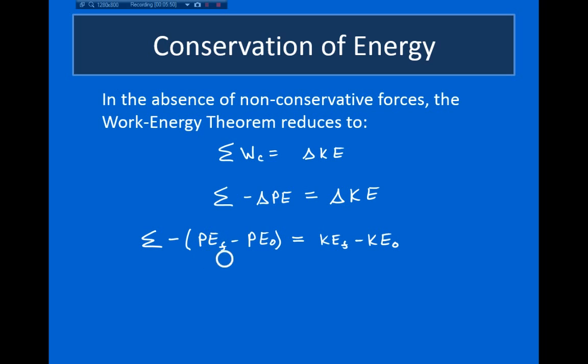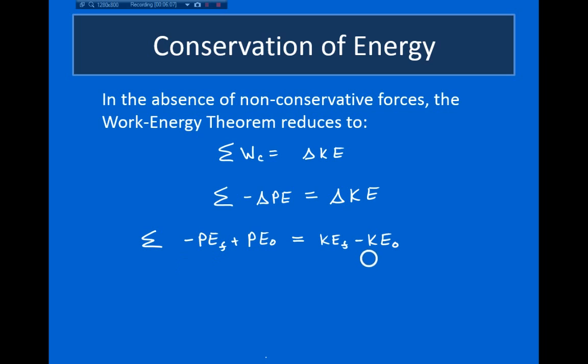So if I put all the initials on one side and the finals on the other, let me go ahead and distribute the minus sign actually. If I distribute the minus sign, then this thing will be negative and this will be positive. So if I move all the initial stuff to this side, the final stuff to the right side,